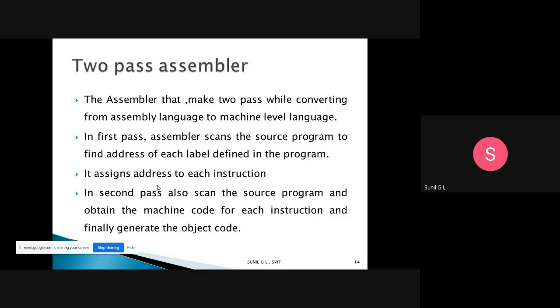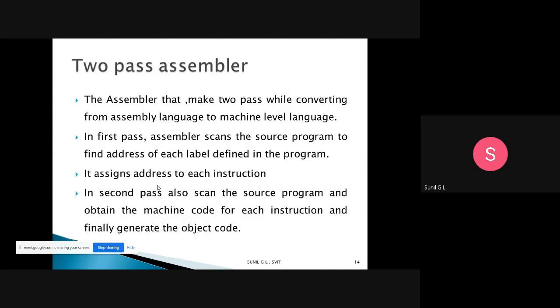In second pass also, it scans the source program and obtains the machine code for each instruction and finally generates the object code.